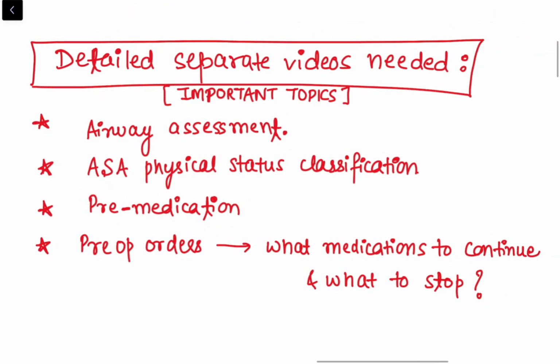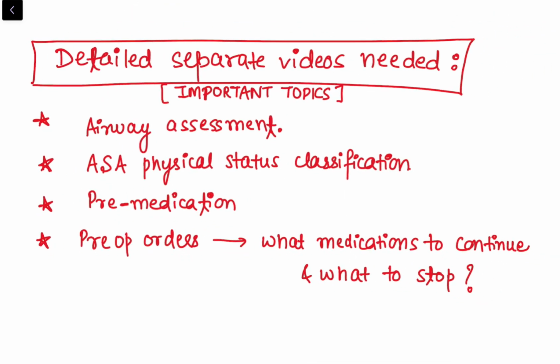These four topics must be known to an anesthesiologist in detail: airway assessment, the ASA, that is the American Society of Anesthesiologists physical status classification, pre-medication, and the pre-op orders, that is, what medications to continue and what to stop. These are the topics which cannot be discussed as such in this short video, because they themselves are a diverse